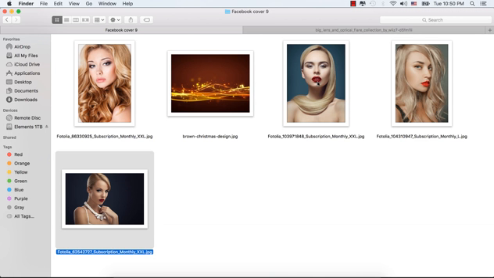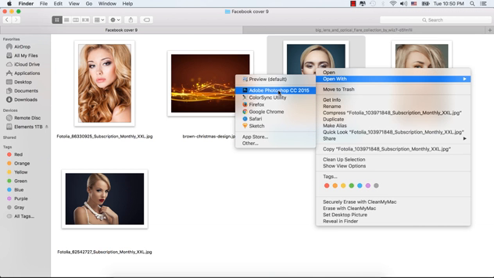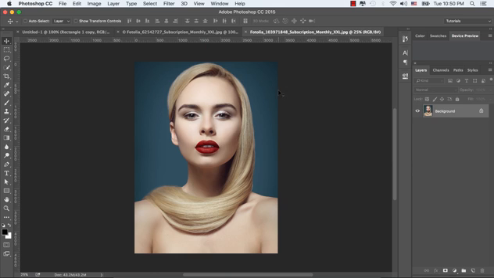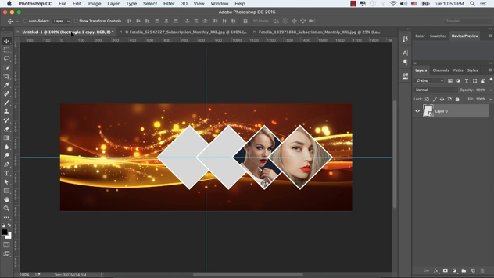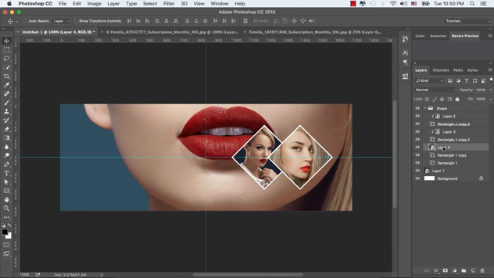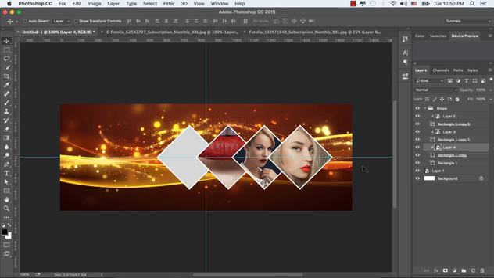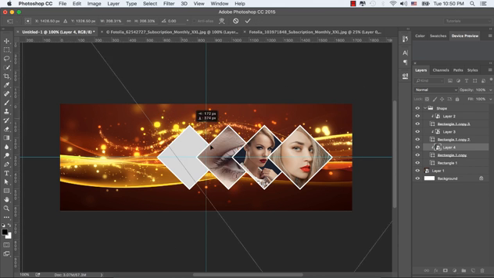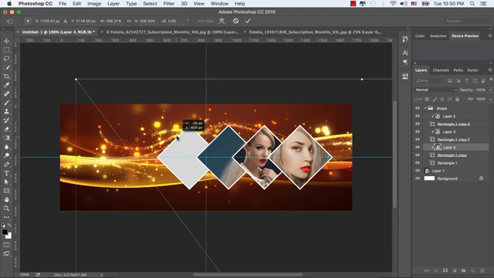Now let's bring another image from the image folder, convert it to a smart object, and drag and drop it to our main document, and make sure this image layer is on top of rectangle 1 copy, and transform it by pressing Ctrl or Command T from the keyboard.